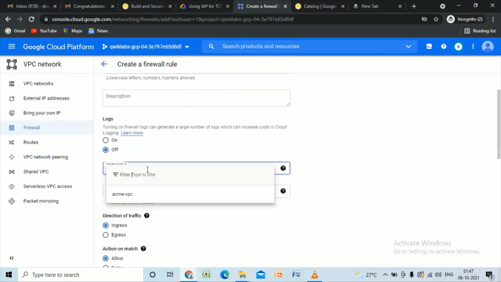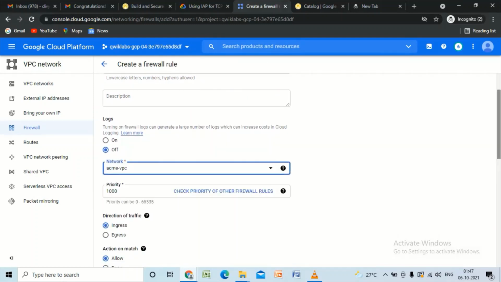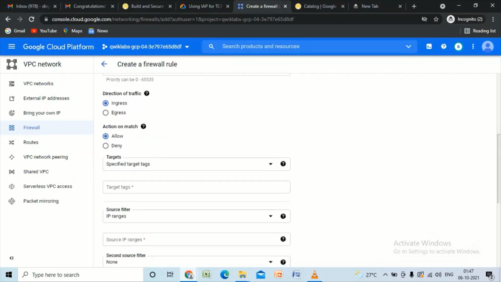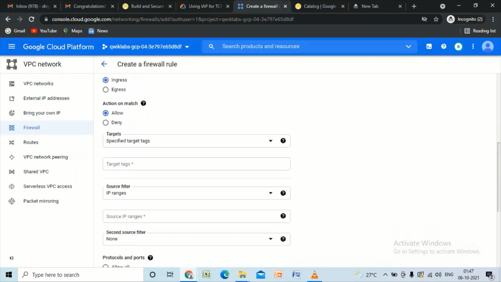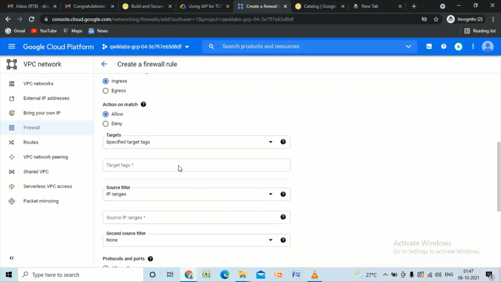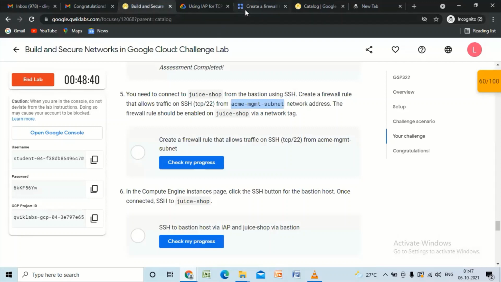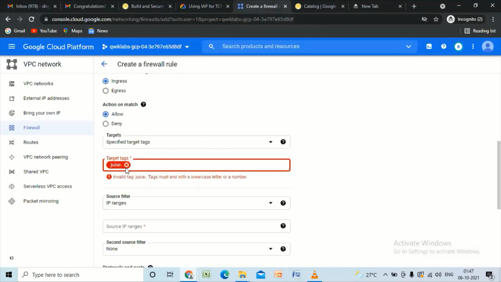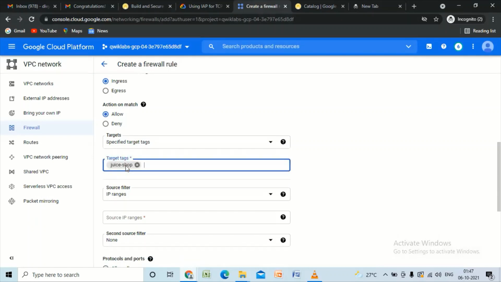Select the network. Set the target tags as both Juice Shop and Bastion.